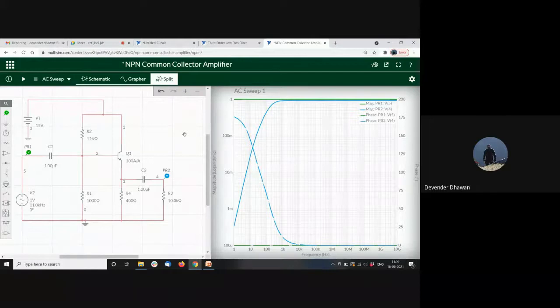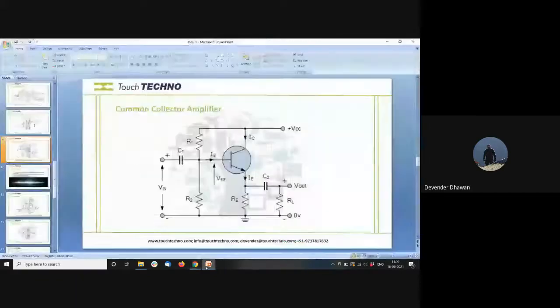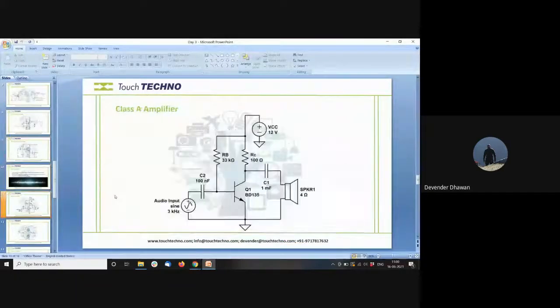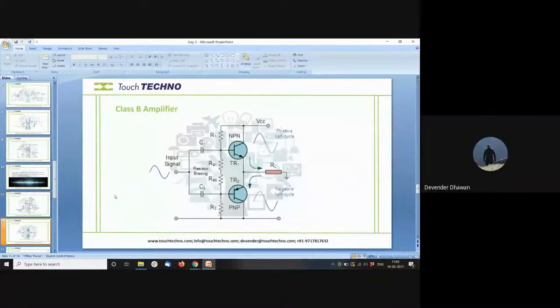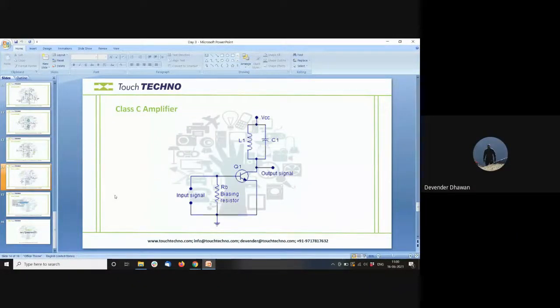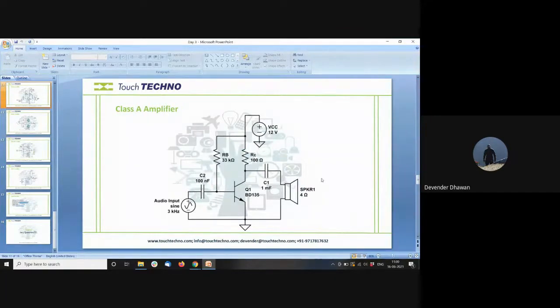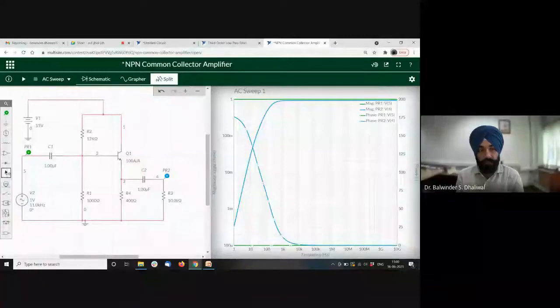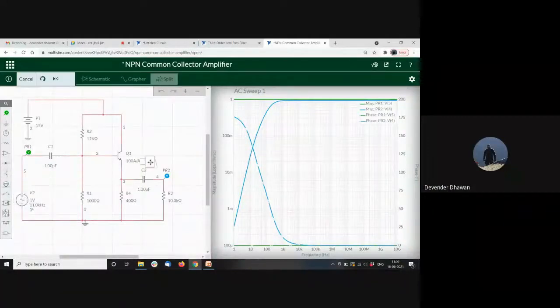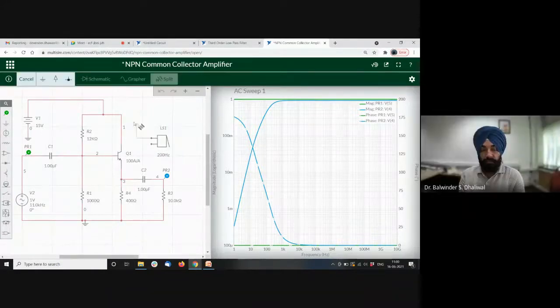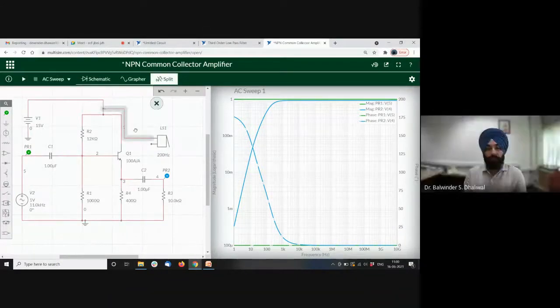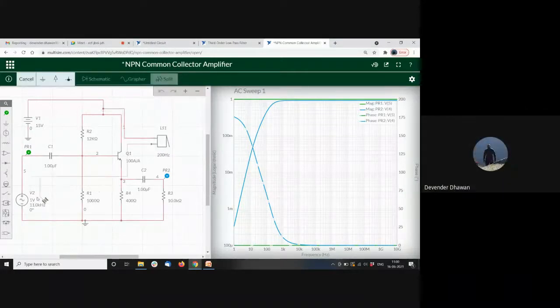Okay, so this is common collector. Then similarly, you can make various other circuits like class A amplifier, class B, AB, and class C. So all sort of devices you can make. Generally, if a speaker is used, you can also use a buzzer as a speaker, so it will actually act. So let me just connect it here to 15 volt because it will start beeping.